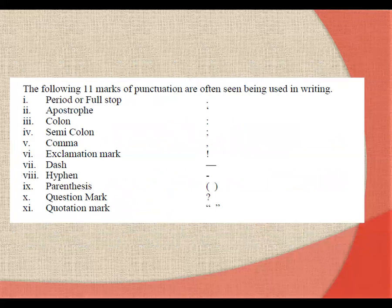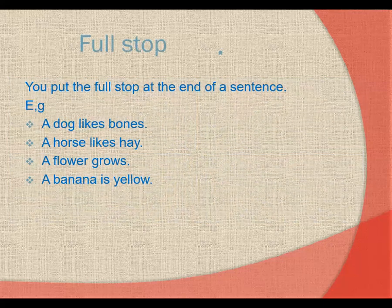Now, these are some of the most basic punctuation marks that are used in written material or writing. Period or full stop, apostrophe, colon, semicolon, comma, exclamation mark, dash, hyphen, parenthesis, question mark, and quotation mark. And except dash, we might have actually used all of these. We might have used dash before, but probably in a wrong way. So today we will be looking at how to use each one of these punctuation marks. First and foremost,